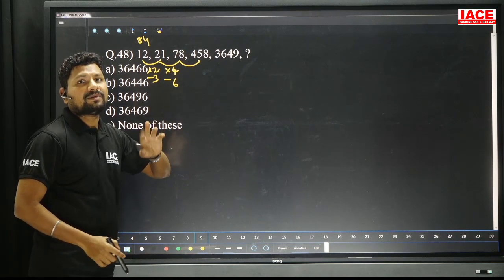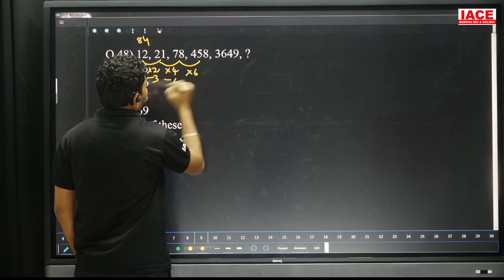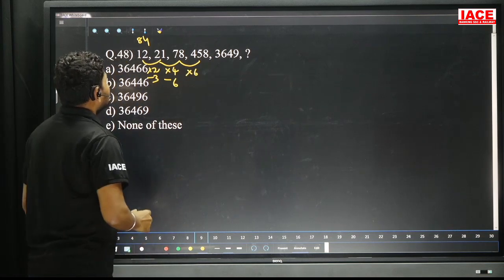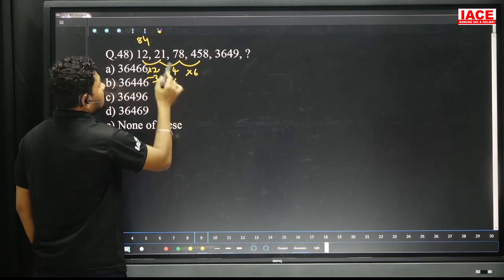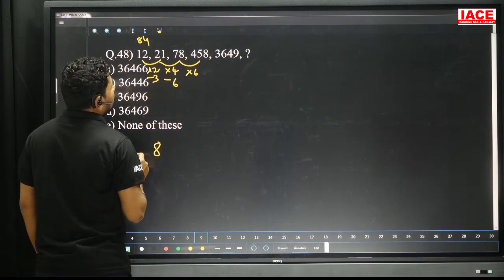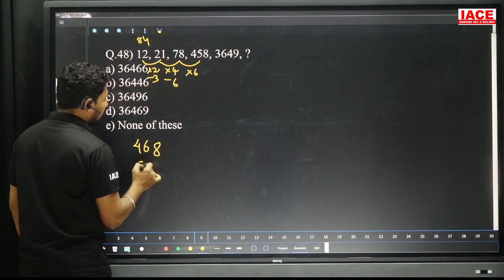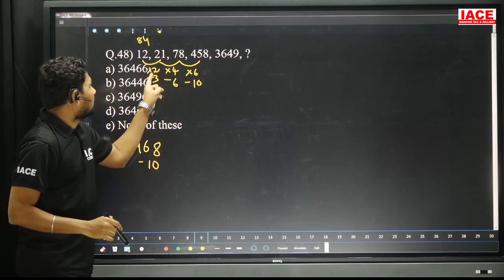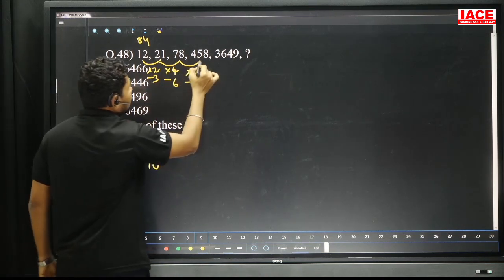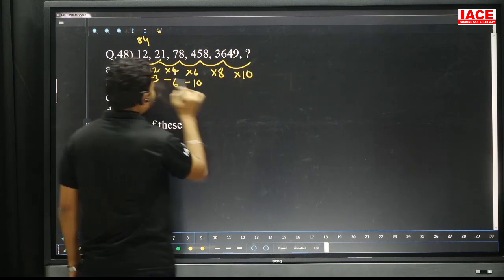80 became 45 means what number is applied? It is multiplied here, into 6, you can check. So into 6 means what will happen? 6 into 8 is 48, and 6 into 7 is 42. 42 plus 4 is 46, 46 minus 10. It is minus 10. The logic is this: look at into 2, into 4, into 6. Compulsorily it should be into 8 and next into 10. It is mandatory, as per the series.